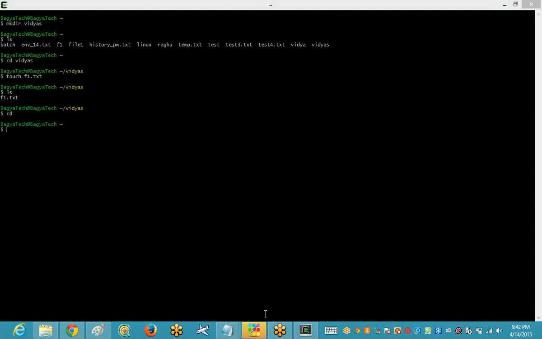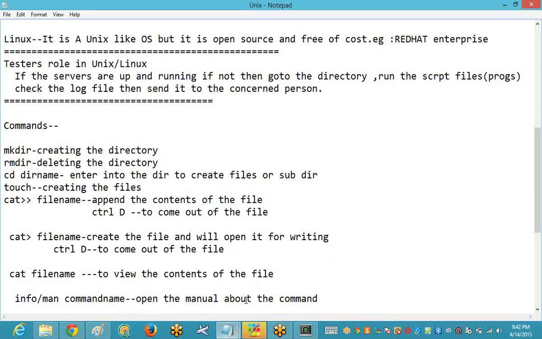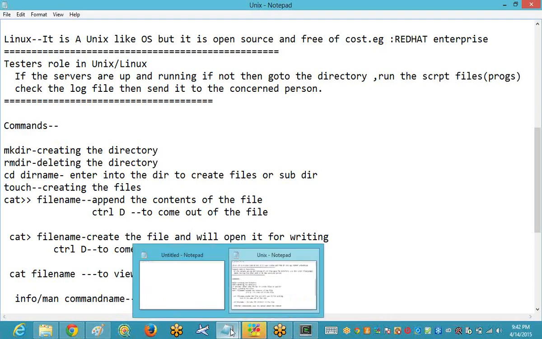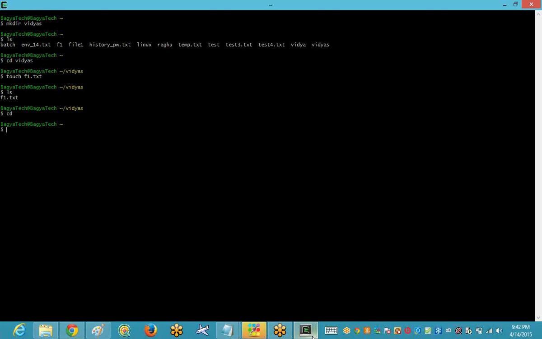So yesterday we discussed a couple of things. We discussed mkdir, which is for creating the directories. Did we discuss how you have to remove directories if you want to remove some of them? No, we did not discuss it. So for removing the directories, the command would be rmdir. Vidya is also a directory, so if I want to now delete that directory,